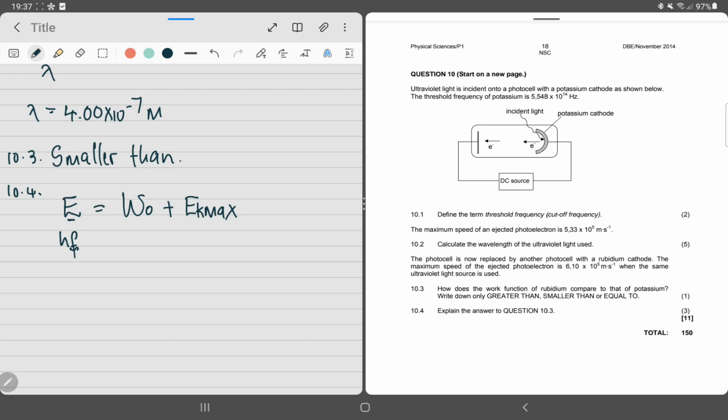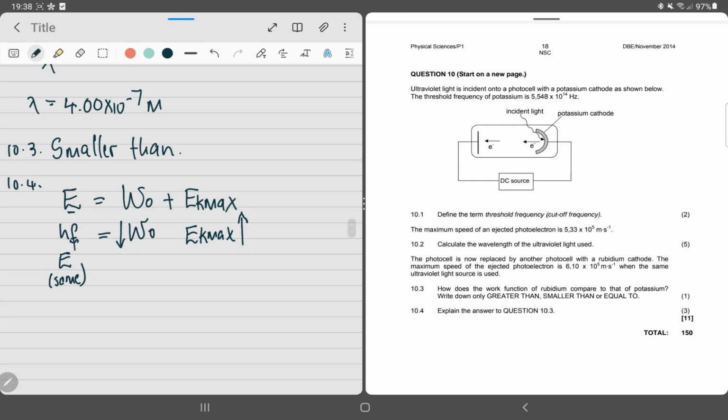If the frequency does not change, it means that E remains the same. But the speed here, we are told that it is higher. So if EK max goes up, so EK max goes up and then the energy remains the same, it means that the work function is obliged to go